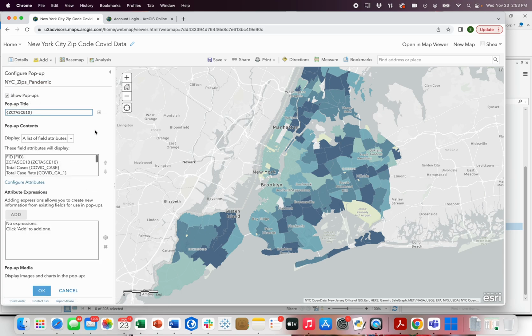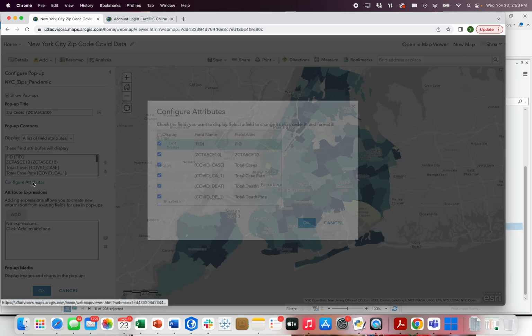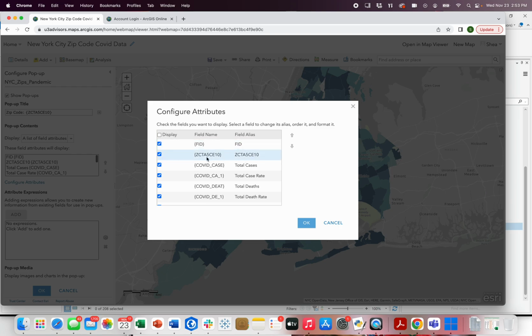And this is where you can come in here and maybe say something like, put the word zip code here, right? And then add that field zip code. You could put no attribute information. You could customize one. You could have a single field. And the cool thing is that when you list your fields, you can then come in and configure the attributes, which is neat, right? So we could come in,